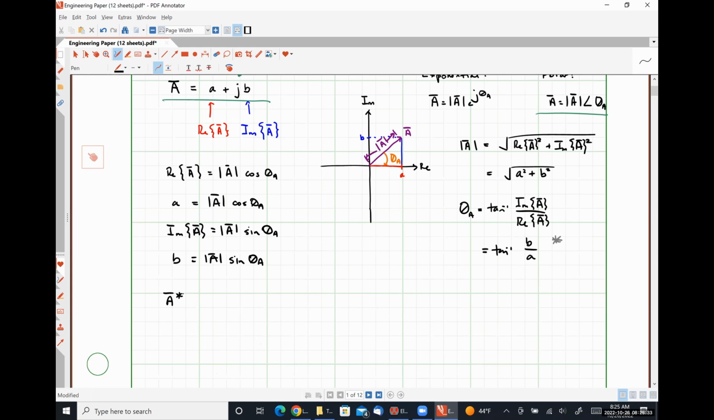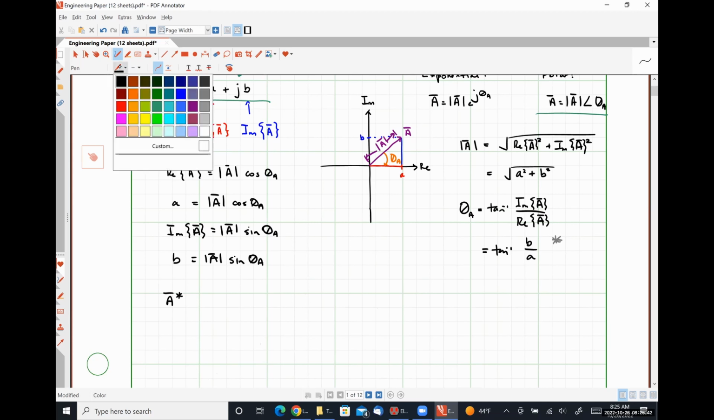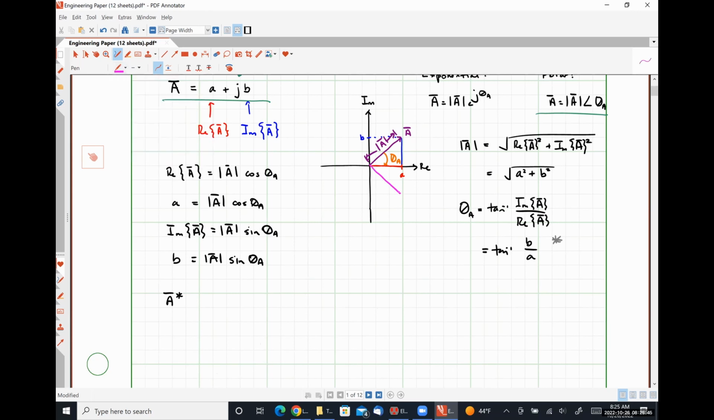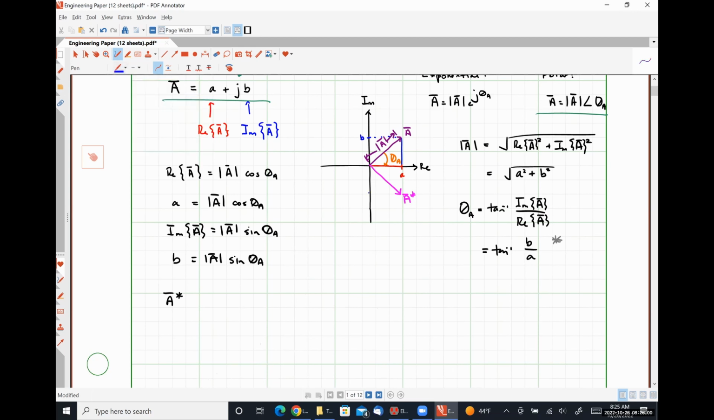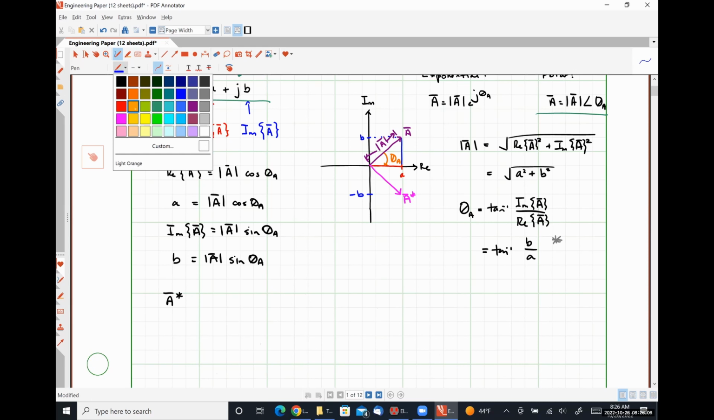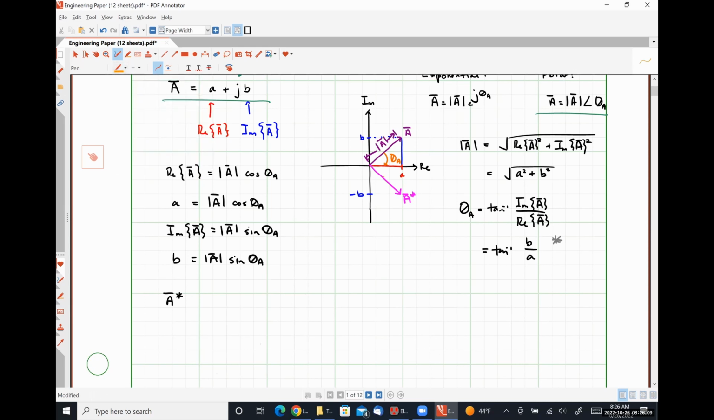So what the complex conjugate operation does is it flips your complex number across the horizontal axis of symmetry. So this complex number would be a conjugate, okay? So it has a real part of A, an imaginary part of negative B, and forms an angle, negative theta A, with the